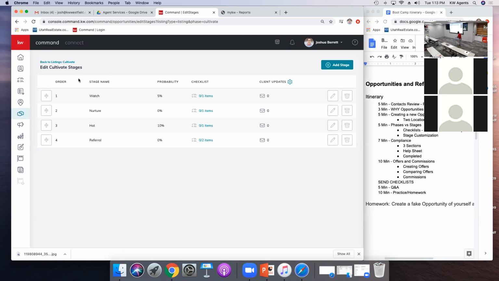We were talking about the stages: watch, nurture, hot, referral. You can customize the stages. In here, you can see I can drag them, so I can switch the order. I can edit the name. I can create a new stage. I can delete a stage. One of the most important things you're going to need to do is create checklists for your